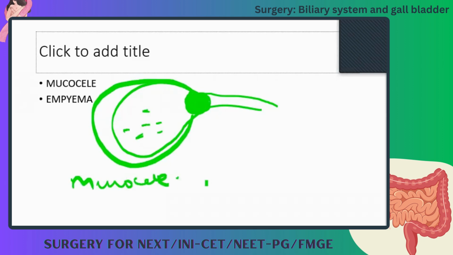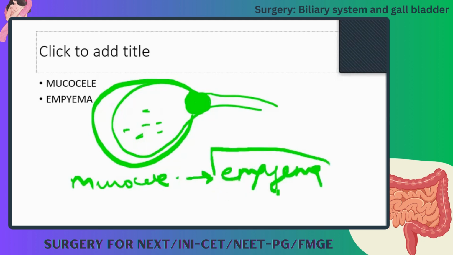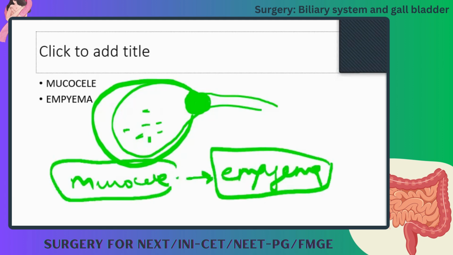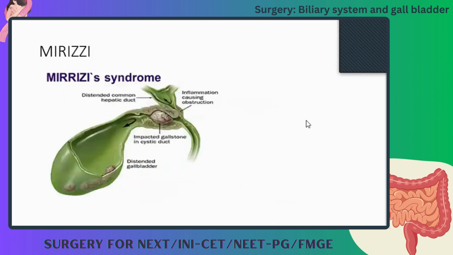If this gets infected, that becomes empyema of the gallbladder. Empyema. One is just distension of normal secretions and the other is empyema. Infection is empyema. And in this connection,